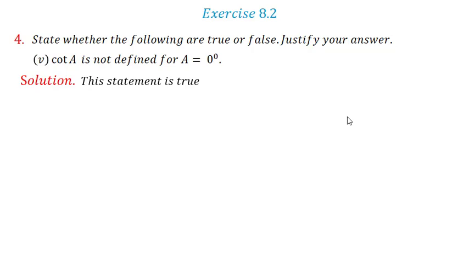So these three I recommend that you learn. Once you know all these three, then the other three ratios are reciprocals of sin, cos and tan. So for sin the reciprocal is cosec, for cos the reciprocal is sec, and for tan the reciprocal is cot. So you can find the values of cosec theta, sec theta and cot theta very easily. So I stop my lecture here. Thank you.